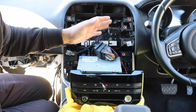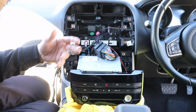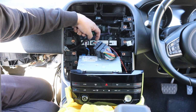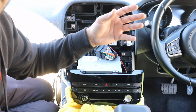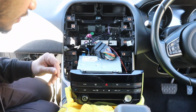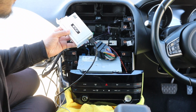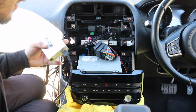The module was switching on its own, so it was like, hello, CarPlay, and then it would switch to the factory screen, and then CarPlay and whatever, right? So what we did was look at the dip switch settings. There are different dip switch settings for different cars, as in the same car with different options, like a bigger screen or smaller screen. And now because we are using two different modules, a multimedia interface and a CarPlay module,